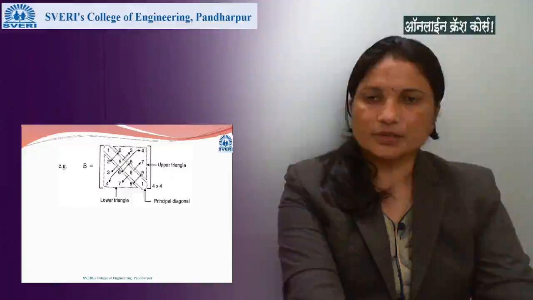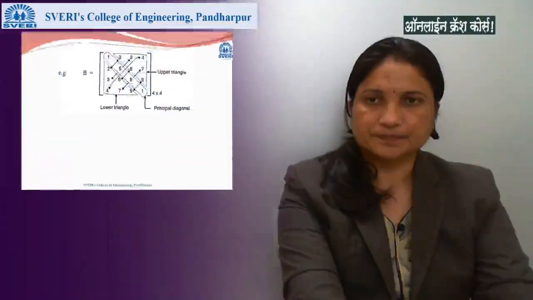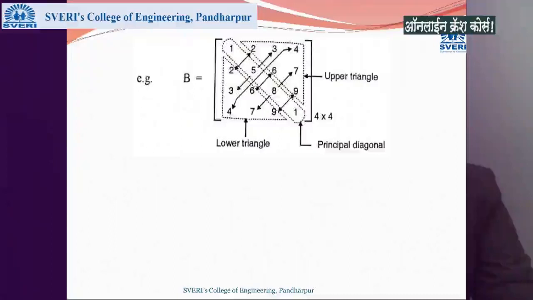One more example we are going to see here. Principal diagonal elements, upper triangular and lower triangular. Now in the upper part, above the principal diagonal, there are elements 2, 3, 5, 6, 7, 9. And similarly below the principal diagonal, they are 2, 3, 6, 4, 7, 9. So these are mirror images. So here it is a symmetric matrix.